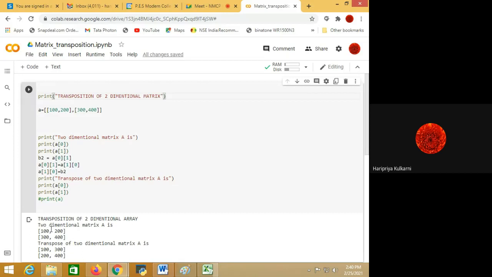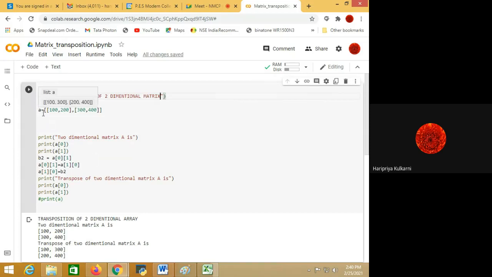Now let us do it with the help of a program. If you observe the input and the expected output, you can see that A00 and A11 remain as they are. The only changing elements are A01 and A10. Those are swapped. In my last session, you have seen how to swap, so the same logic we are going to apply here.